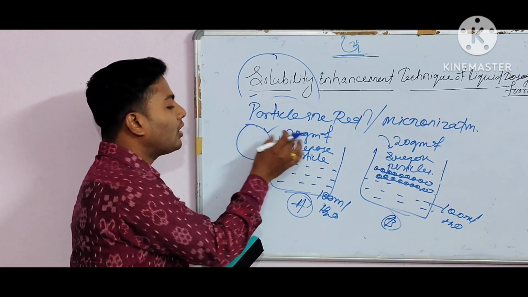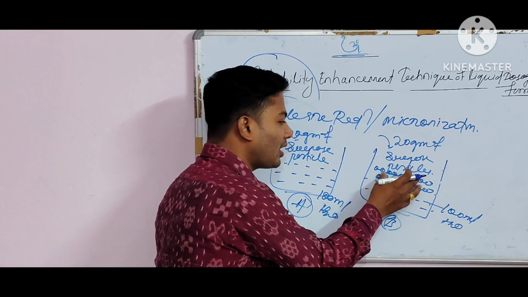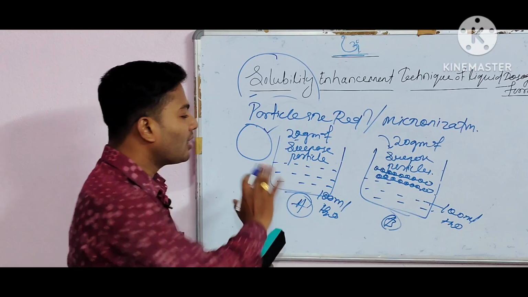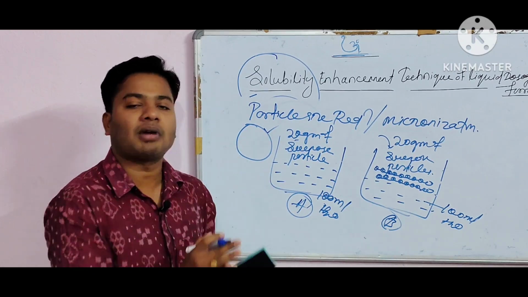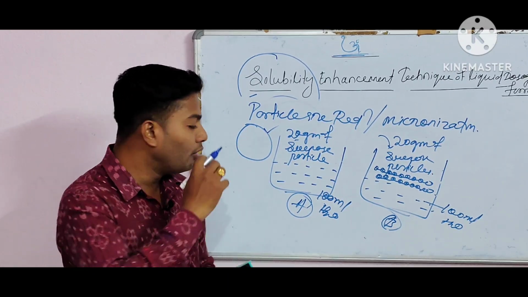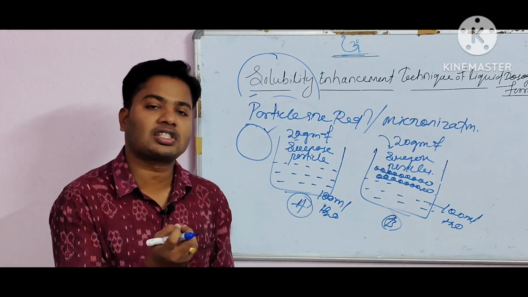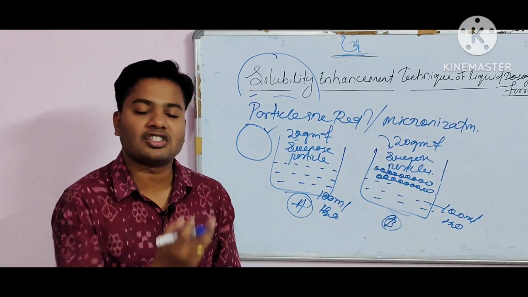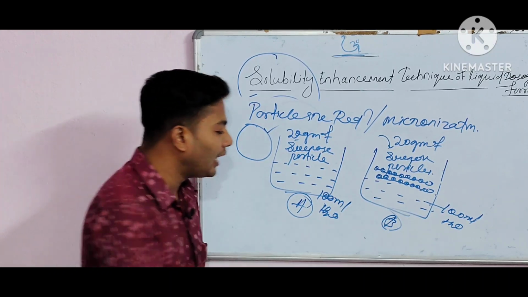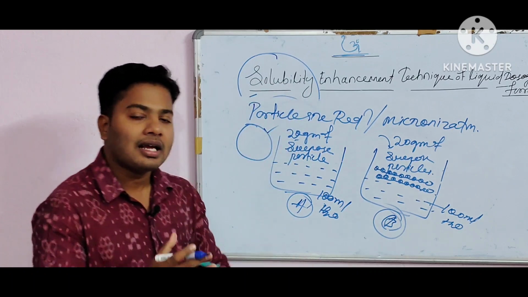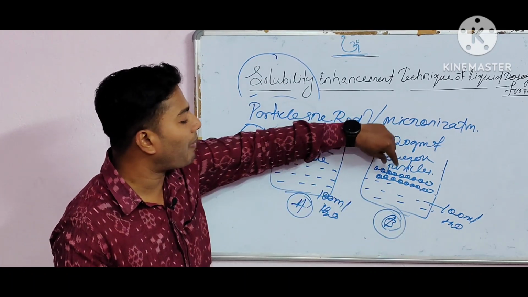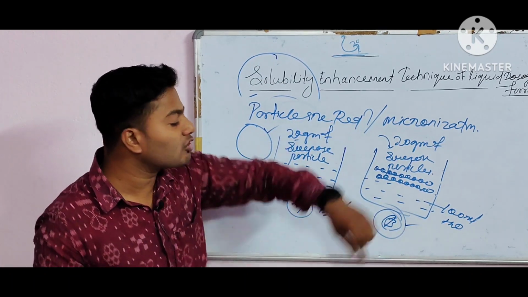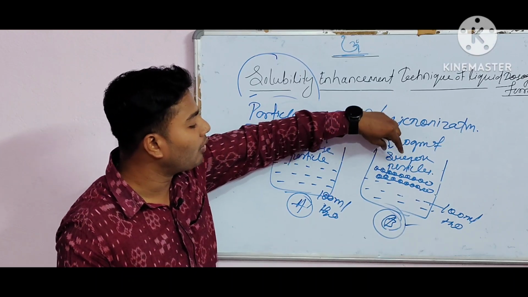These particles have 20 grams, and this particle also has 20 grams, the same amount. Stir properly, and now tell me, in which beaker do the particles take less time to completely dissolve? Definitely the B particles. So why? Because in this case, after reduction of the particle size, the particles have to be mixed